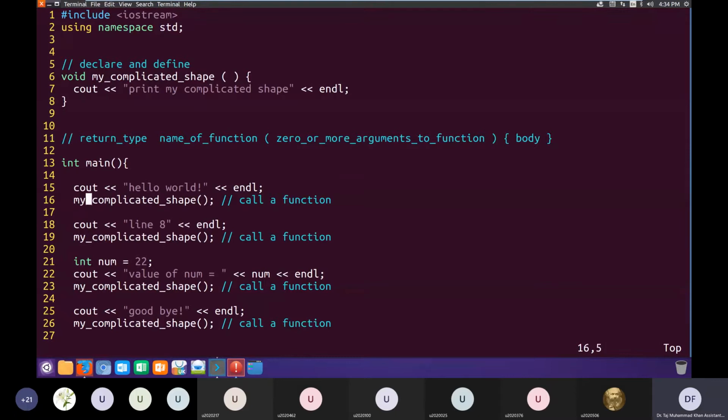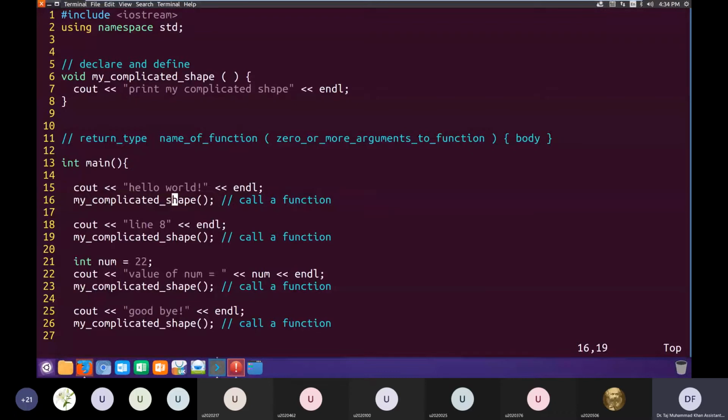Calling a function is just only one line of code. Here, line 16, 19, 23, and 26, I'm calling this function 4 times. The function that I had declared and defined above main in lines 6 and 8.